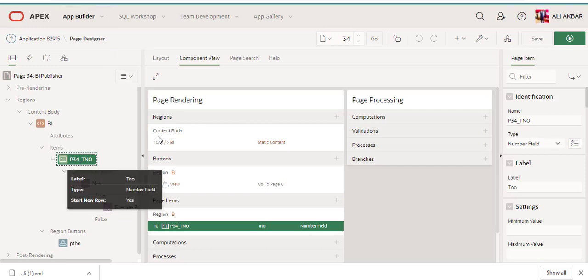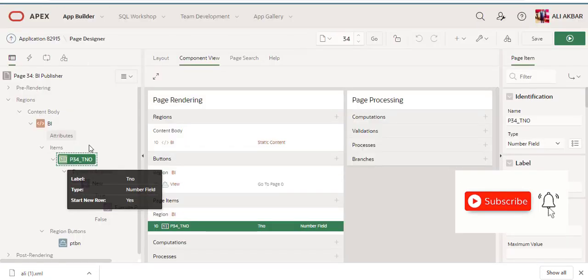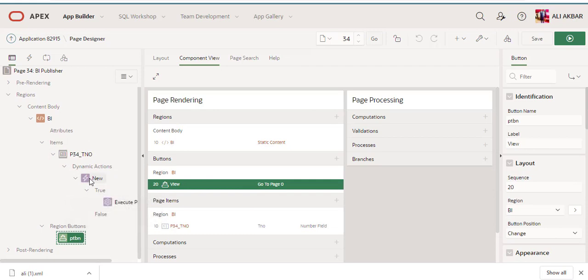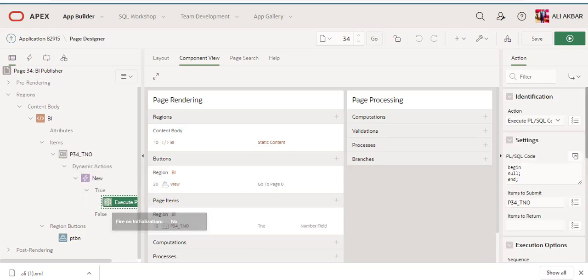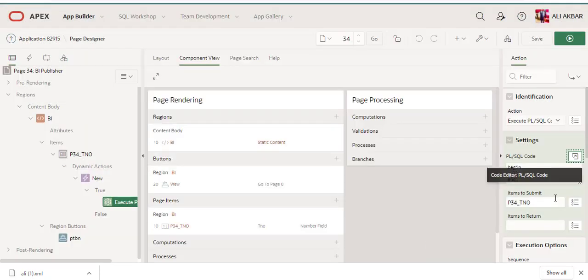So guys, we create a blank page with static content, assigning one page item and one button, assign name P34_TNO and one dynamic action, simple action. I created the action PLSQL and set the PLSQL code, begin, null, end, and item submitted.